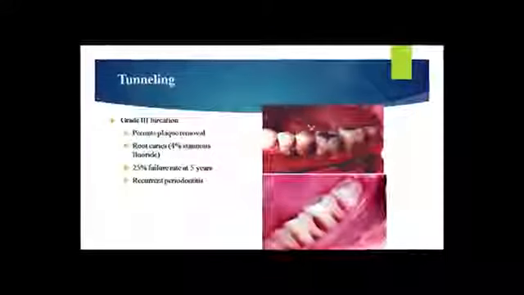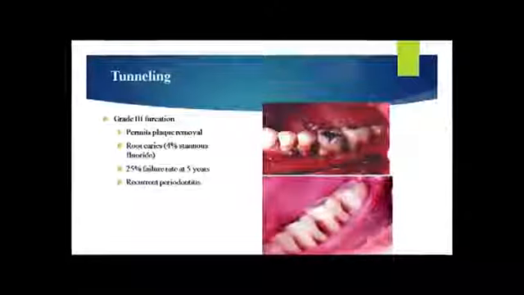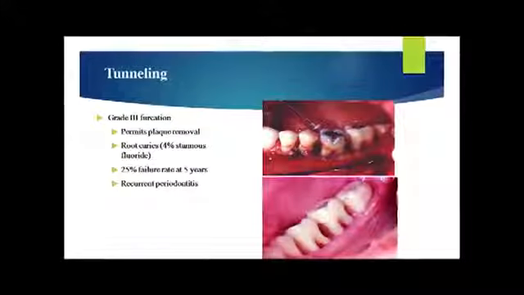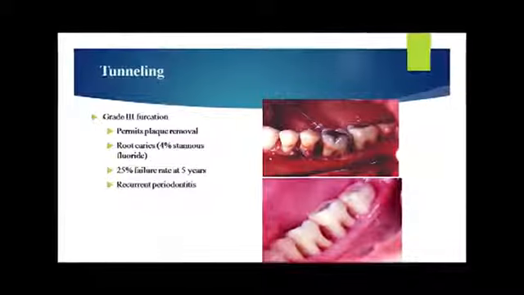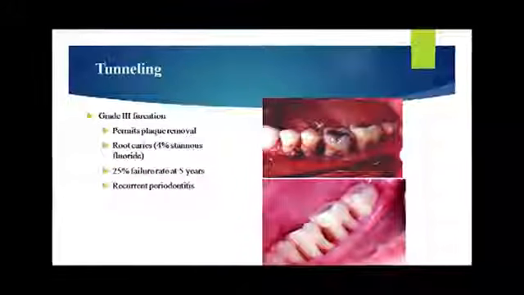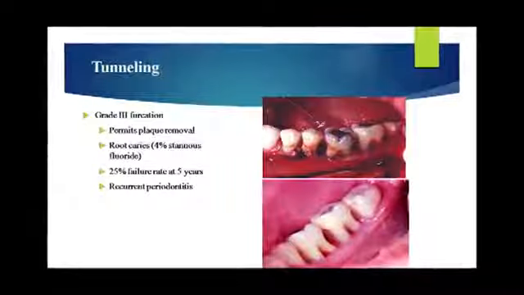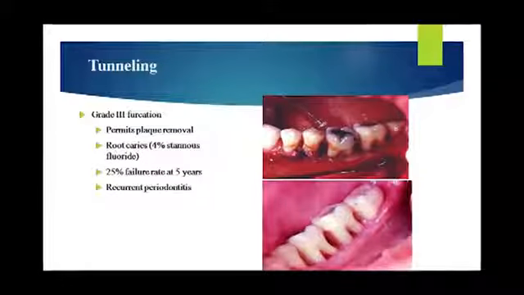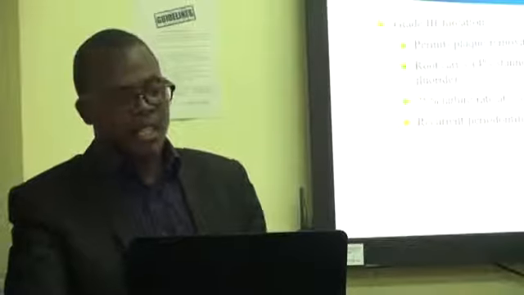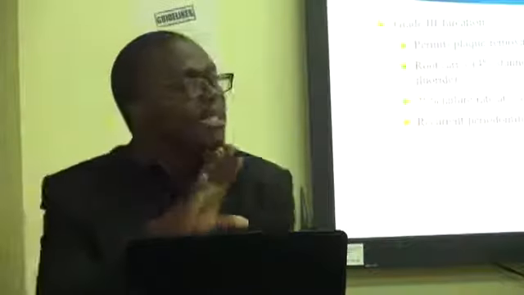Tunneling is as simple as this. What we call to apically reposition the flap. If the furcation is being covered by the flap, it means that even normal brushing is impossible. But when you raise that flap and you position it low, almost to the level of the furcation, it means that when healing occurs, you will have the furcations exposed. A little bit ugly, but manageable in terms of oral hygiene practices, as compared to having bacteria and plaque hiding behind these furcations all the time. Is that understandable?